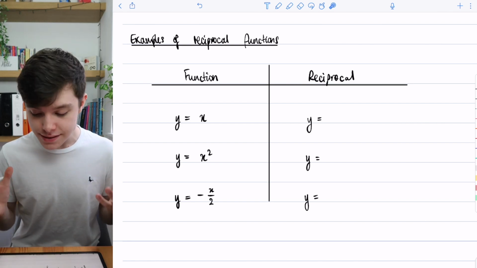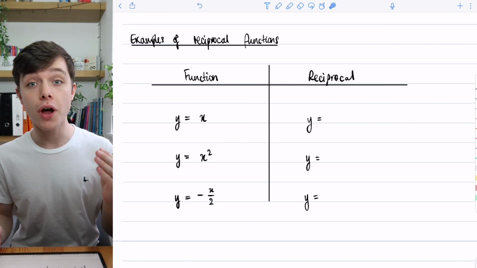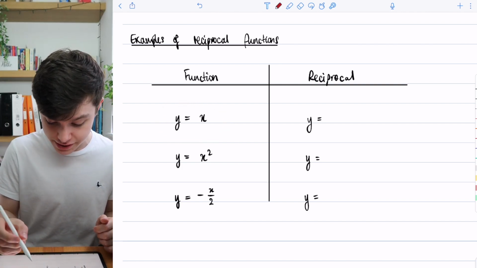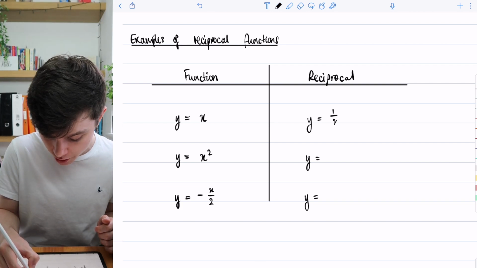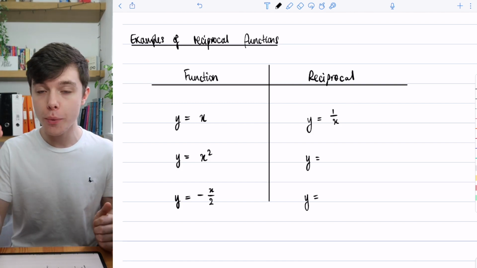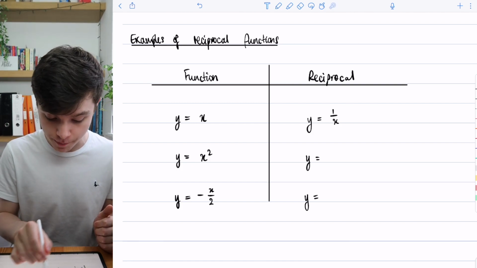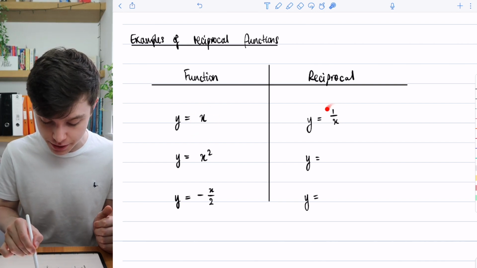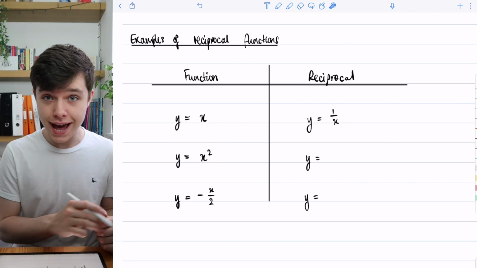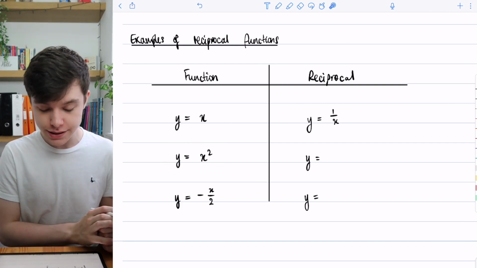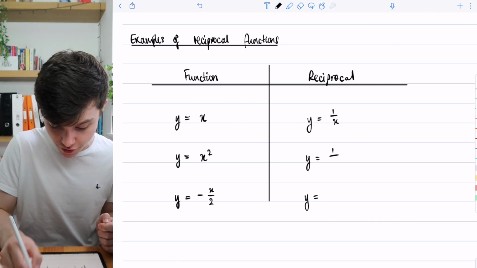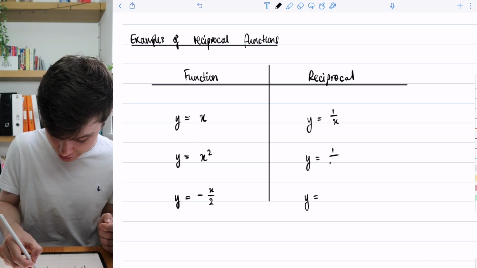What are the reciprocals of those? Well, we're going to do the exact same thing, and we're just going to write 1 over the function. So in the first example, y is equal to x. The reciprocal is y is equal to 1 over x, okay? Different function, it's the reciprocal function. We write 1 over the function that we've got. Here the function is x, so we're going to write 1 over x, okay? The second example is y is equal to x squared. The reciprocal function of that will be y is equal to 1 over the function here, which is x squared,